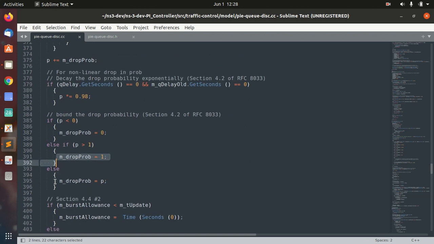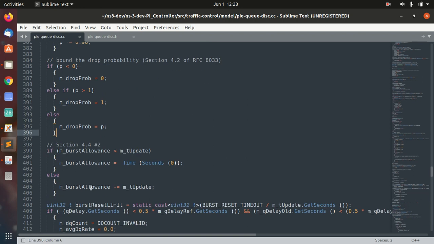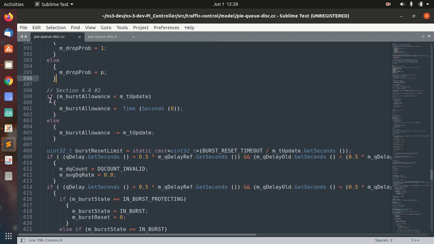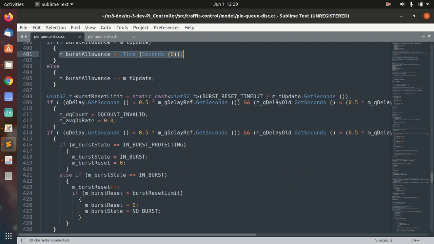Else simply keep the drop probability value equal to p, which is the calculated probability value. Then it checks whether burst allowance is less than T update or not. If it is, then set the burst allowance to 0. Else simply subtract T update from it, and after that it calculates the burst reset limit, and it